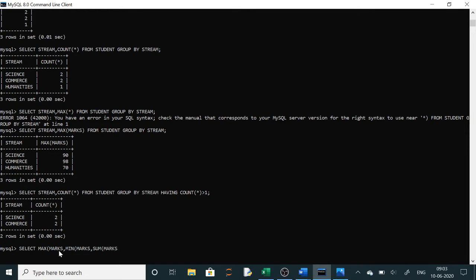Be careful while typing, because if you make any mistake, it will not get executed. Like here I have left the brackets, min marks, and then from table name.